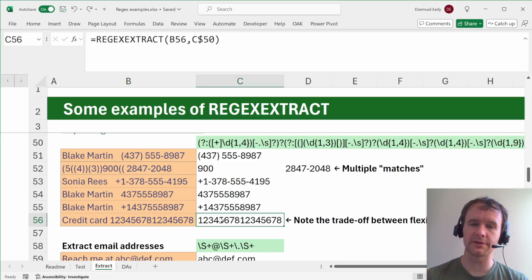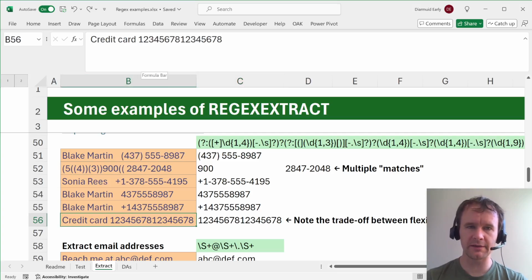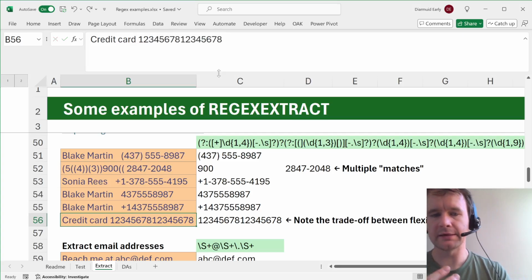But there is a balance to strike. If you're primarily using this to validate whether somebody has entered a valid US number, then you want to be quite strict, among other things, about whether there are exactly 10 digits or maybe a +1 and 10 digits. But you certainly would not want to accept anything with 16 digits, and you wouldn't want to extract a subset of that.